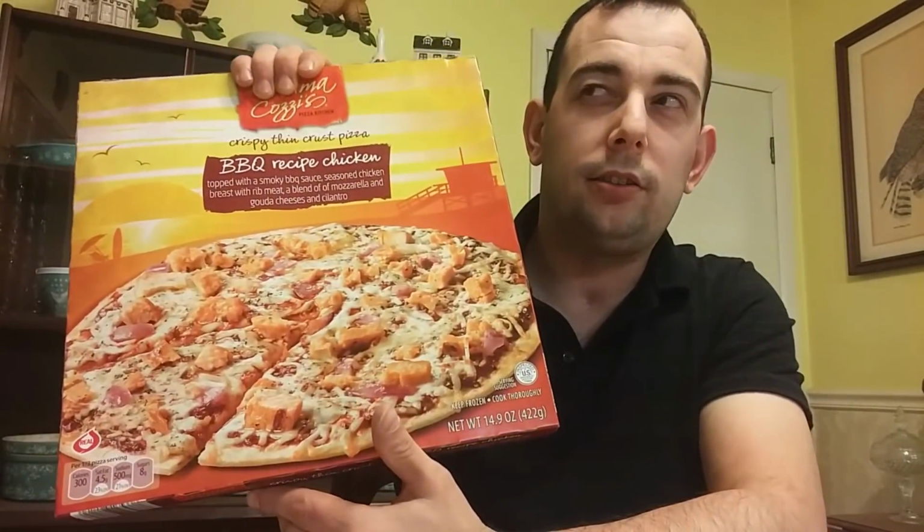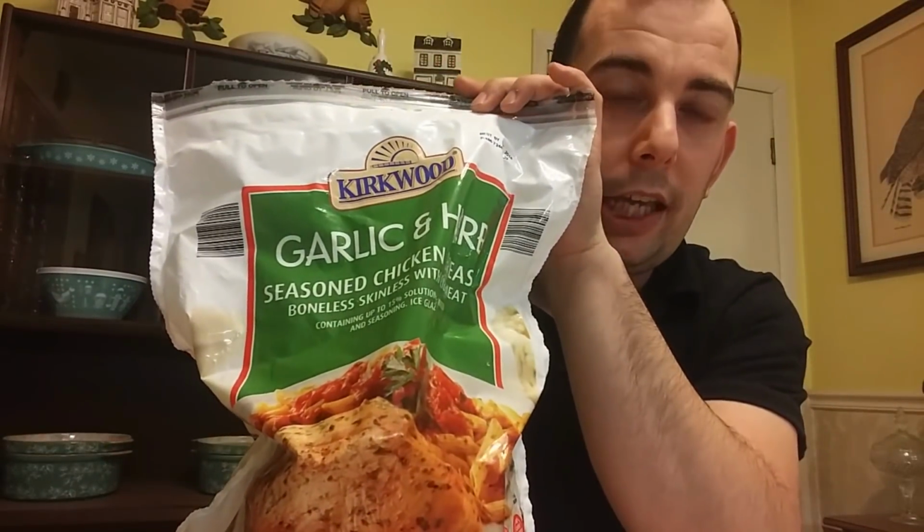I'm trying to think how much this was. I guess I should be telling you the prices of all this too, in case you're interested. I want to say this pizza was $3.99, but please don't quote me on that because I could be totally wrong. I know it wasn't over $4.99, but I want to say it was $3.99. The garlic herb chicken is $6.99 a bag, and actually I'm going to take one out of the bag for you